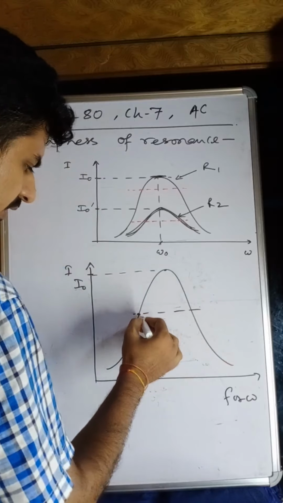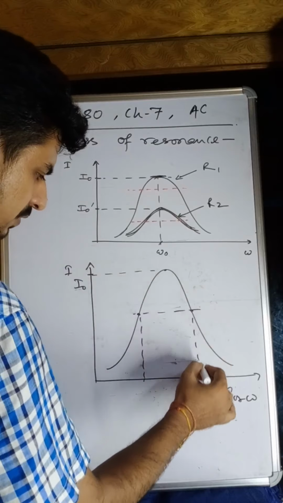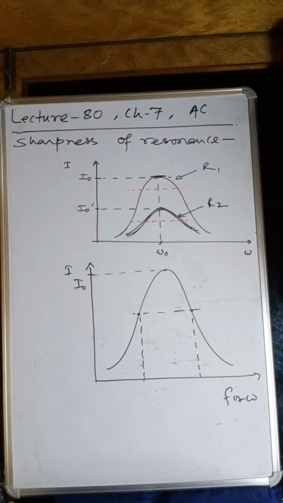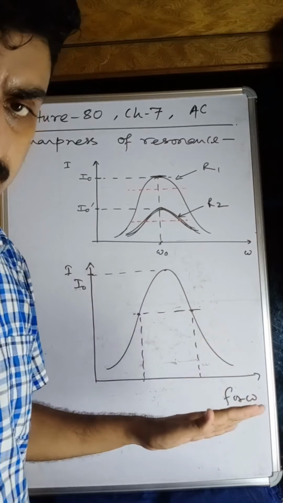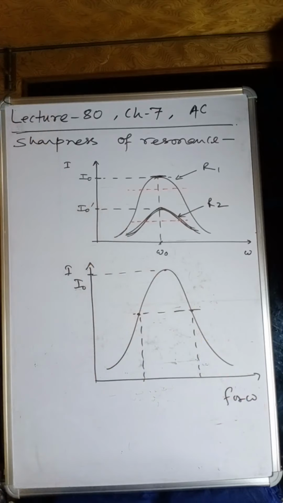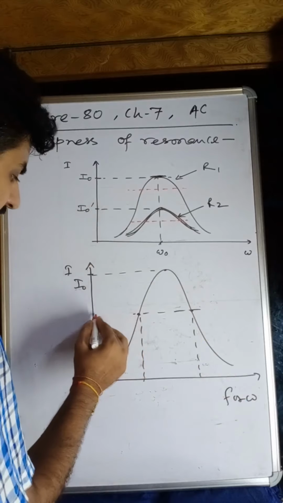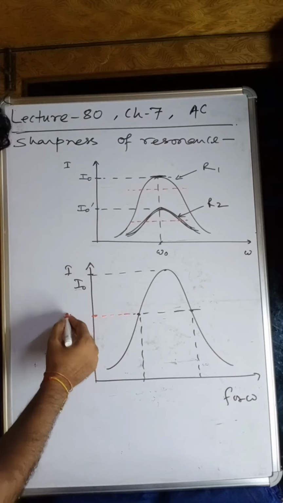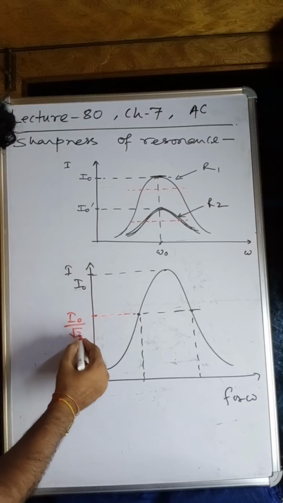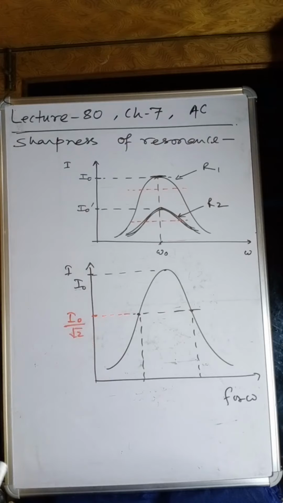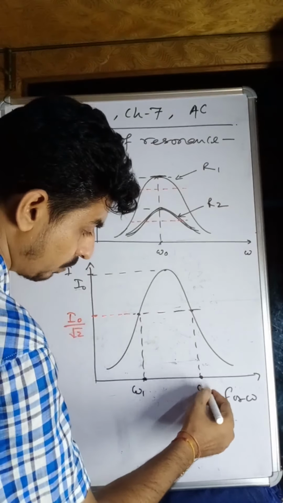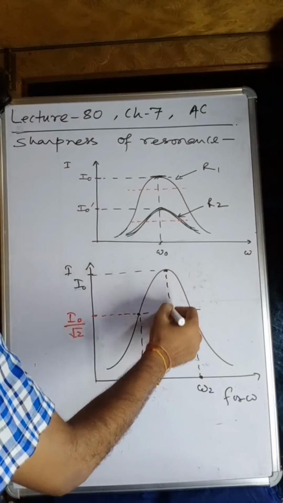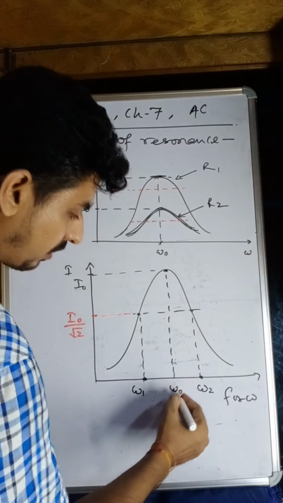My dear students, you might think, sir, why are you not making this graph from a little bit above or a little below? There is a particular observation that we will study. Actually, I am drawing this graph at the RMS current, which I will discuss in quality factor. This is the I RMS, that is I naught by root 2. So at this I RMS, the two frequencies are omega 1 and omega 2. And this is omega naught, you know.